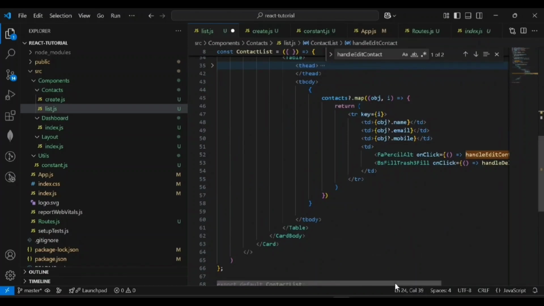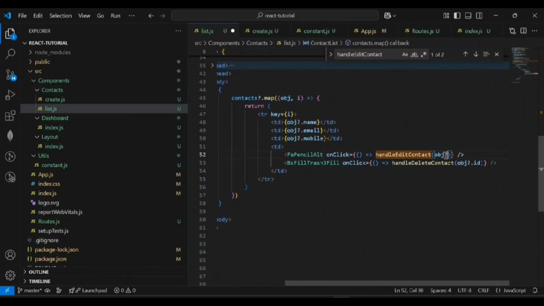In this function, we are going to create a navigation to edit contact along with the selected contact ID, and